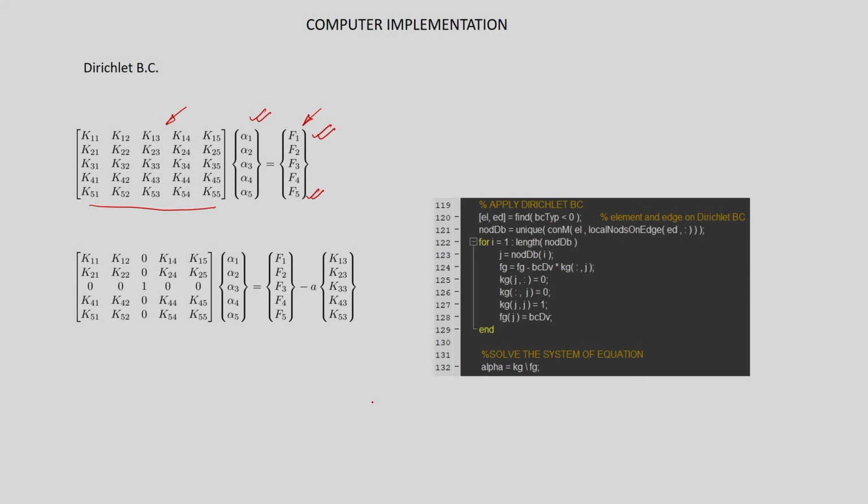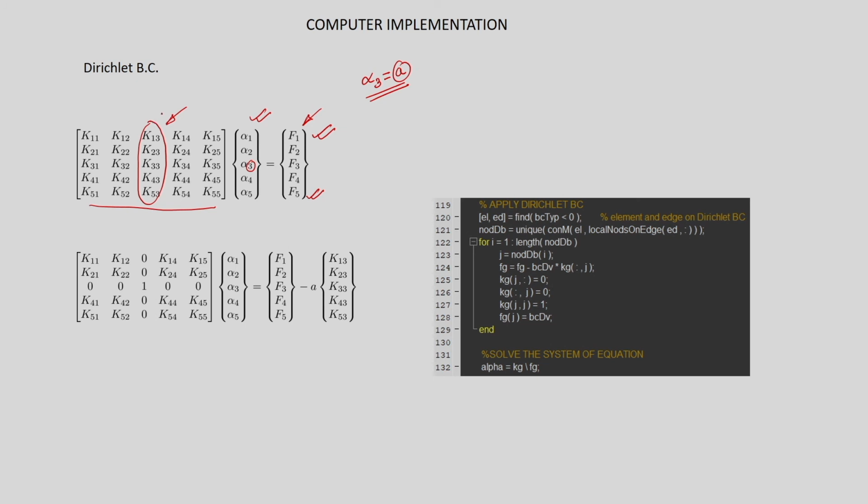Now, one thing that we did not ensure till now is the Dirichlet boundary part. Suppose in this case I have to ensure that alpha 3 is taking a value a, where a is defined. So, I have to just enforce that alpha 3 is a. Now, how do we do that? First we take the third column. Where did we get the third column from? From the third entry, alpha 3. We have to ensure that alpha 3 is a.